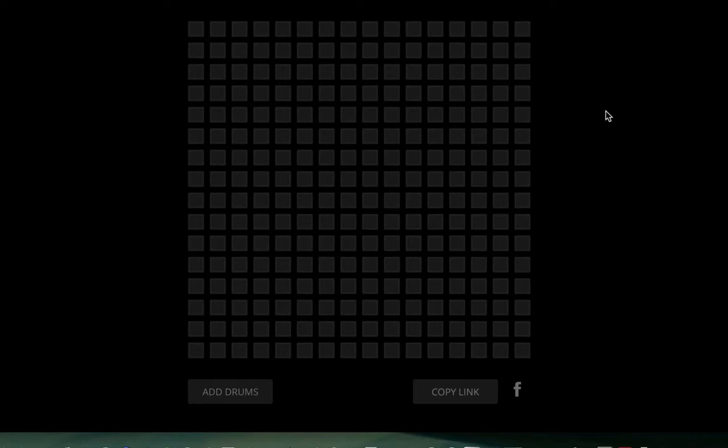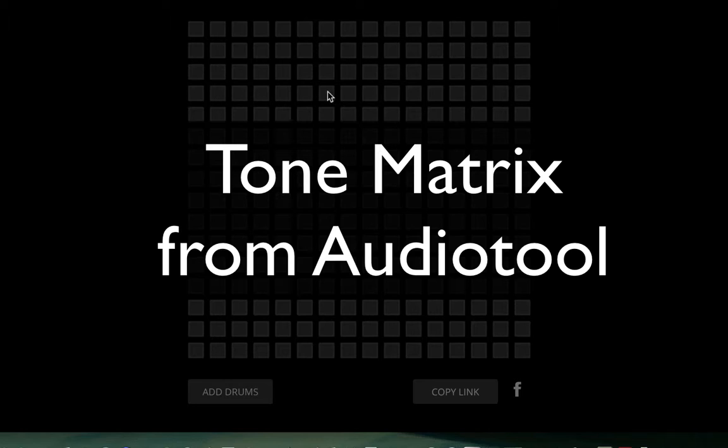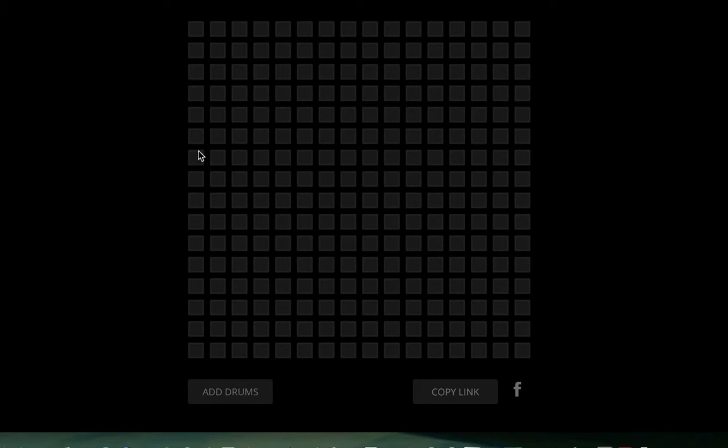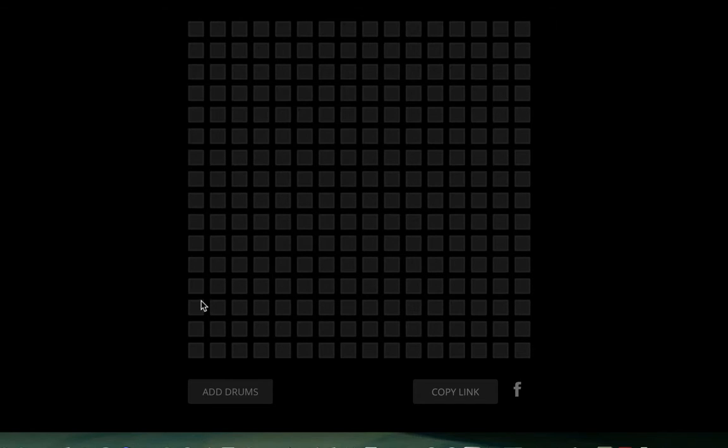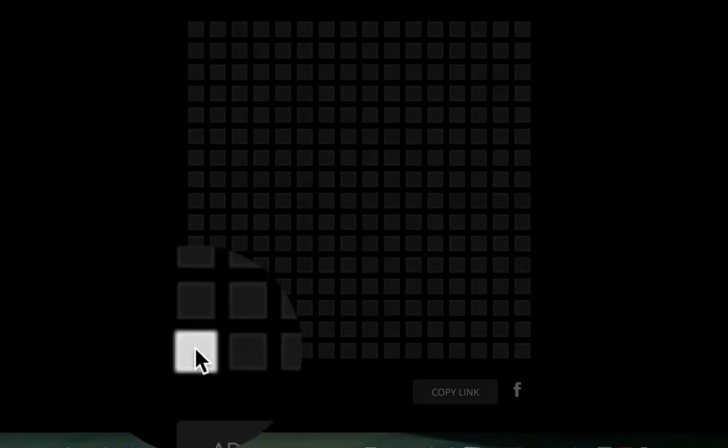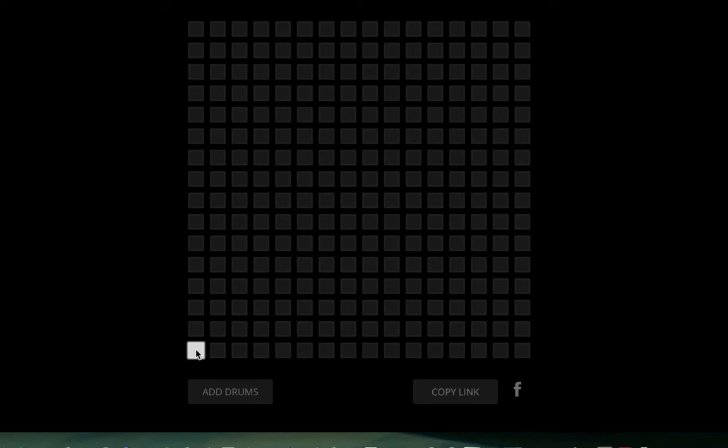One of my favorite online music making tools is a pattern matrix sequencer such as Tone Matrix, the one you're seeing right now. It basically has a series of squares on the x-axis. Those are called courses, and then on the y-axis, the squares go from low to high. By clicking on a square, you initiate a playback